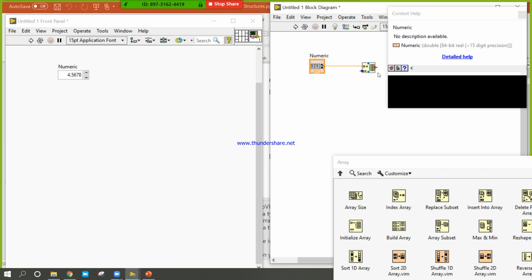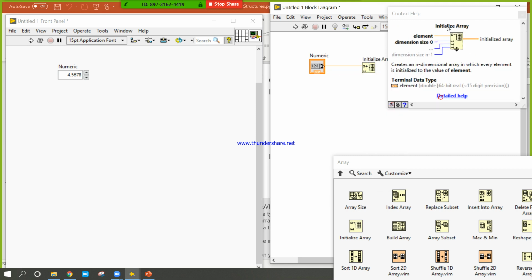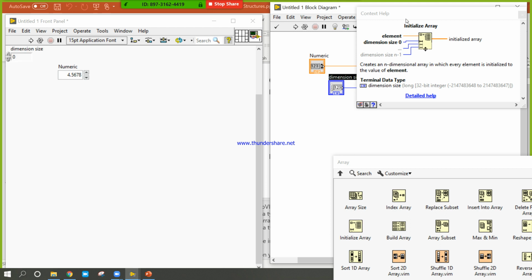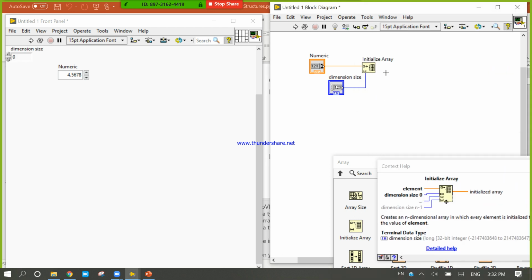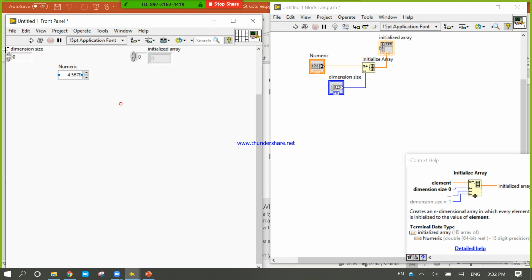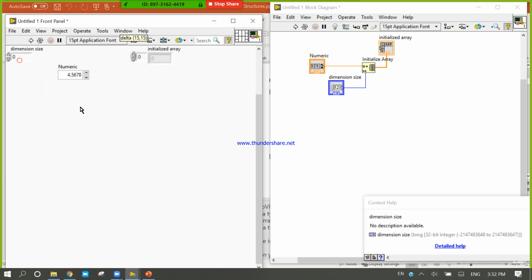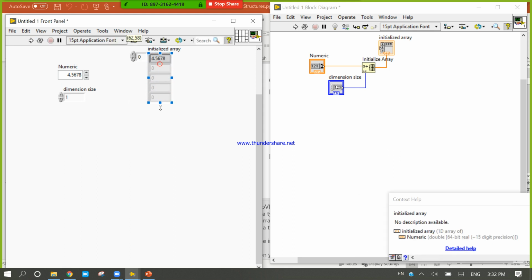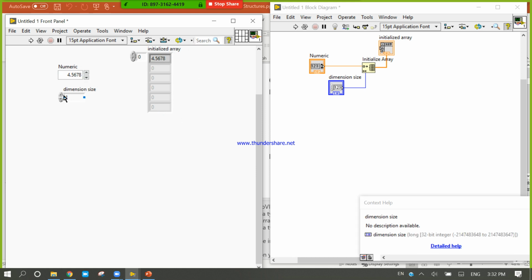So right click, take array initialize, create control, dimension size, create indicators. Now you will see the dimension size is 0; now set 1, run. So here only one element has been designed.